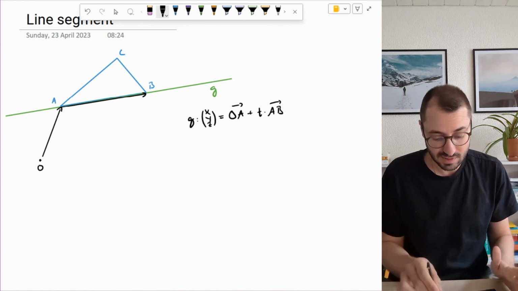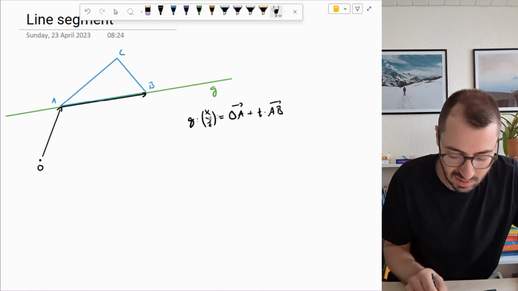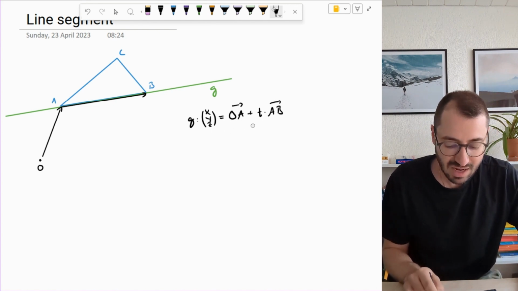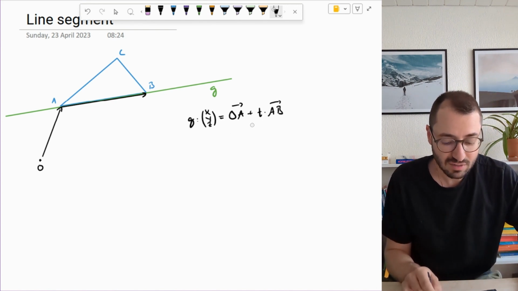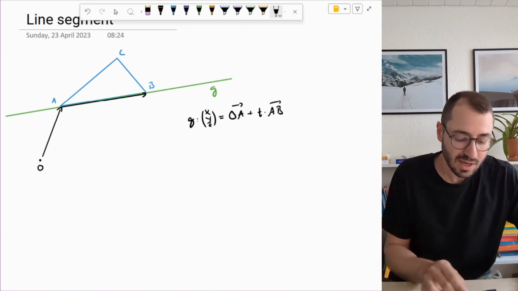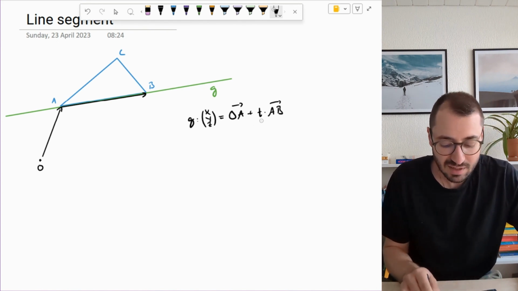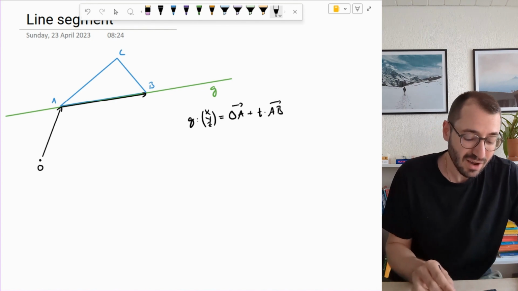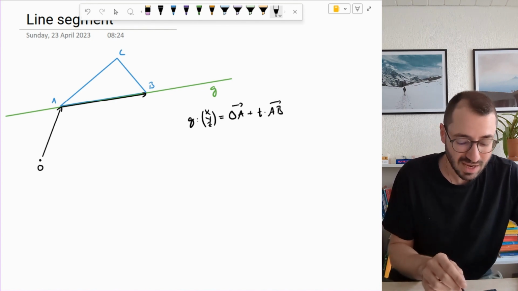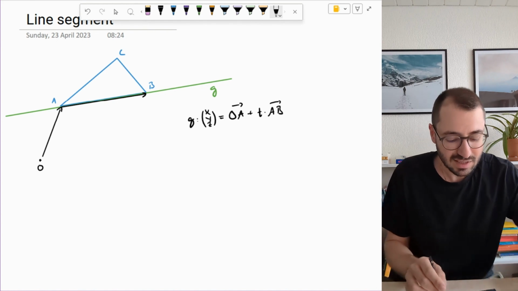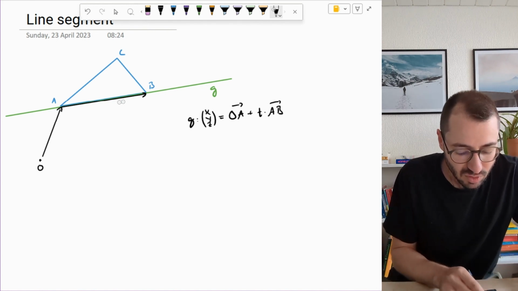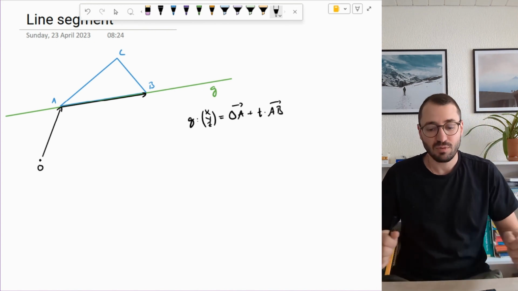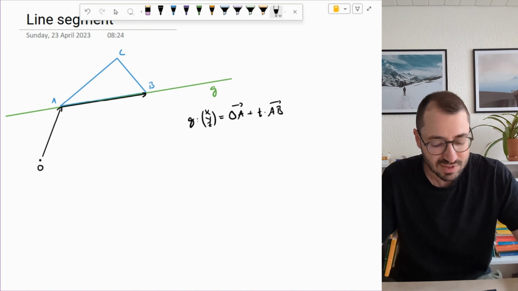Now this here describes the whole line. It's the point direction form of this line g, and we get all the points on this line by plugging in values for t. So t can be any value we want. Now if we restrict t, we can actually restrict it in a way that it only gives us values on this line segment here. So my question to you, think for a second, how do we have to restrict t